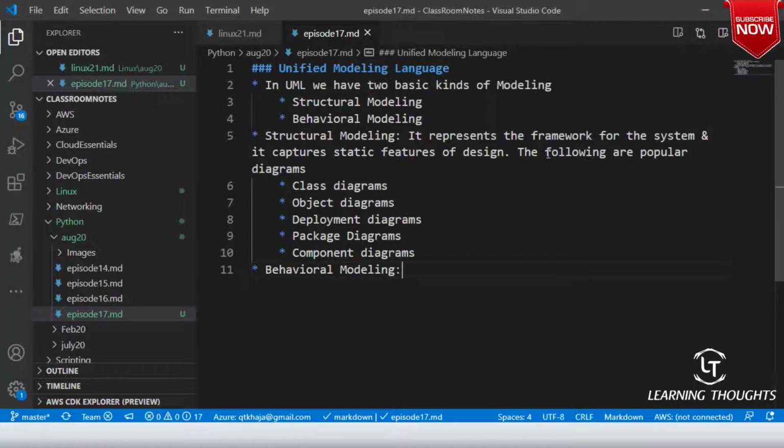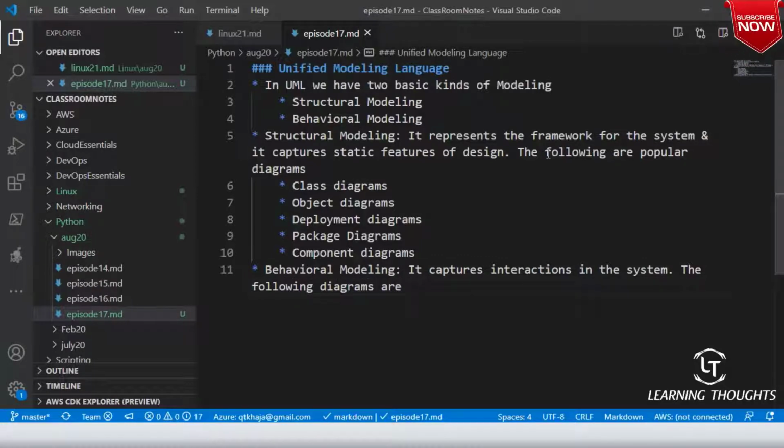And there is one more modeling, which is behavioral modeling. What behavioral modeling does is it captures interactions in the system. The following diagrams are part of behavioral modeling.